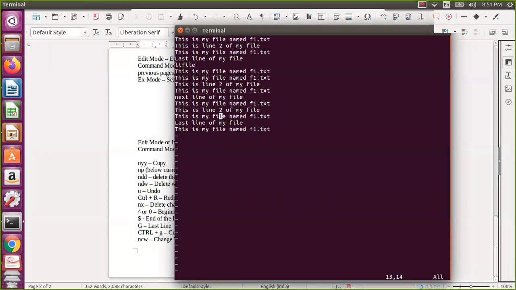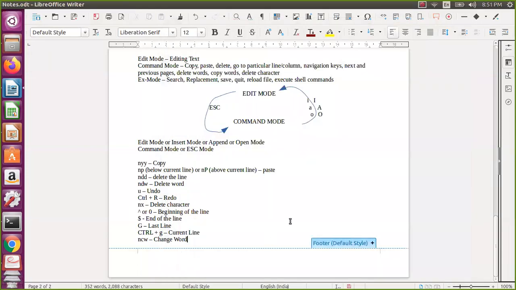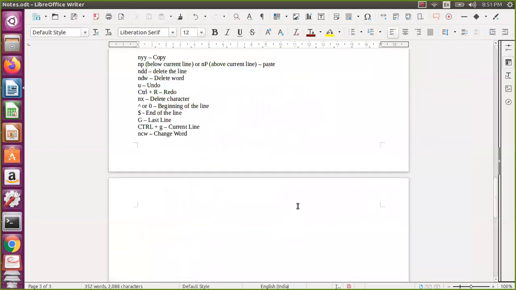Okay, so now there are four navigation keys. h, j, k, l.